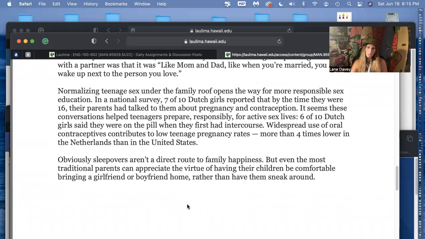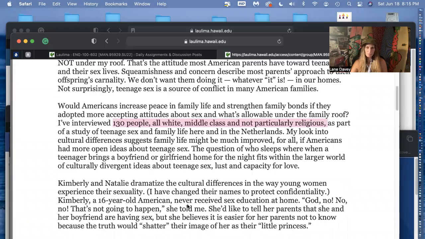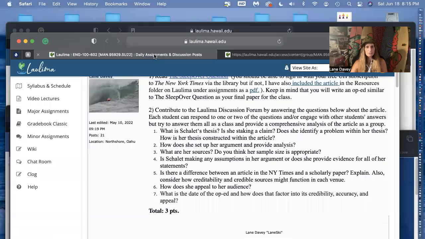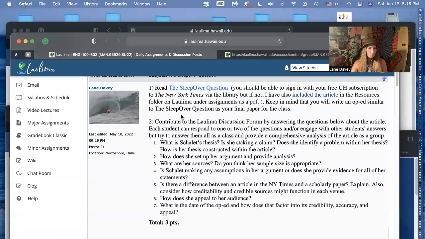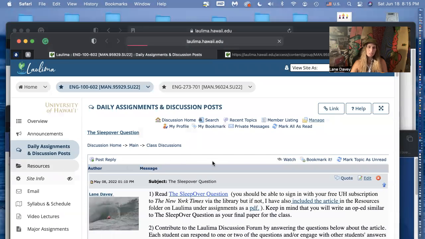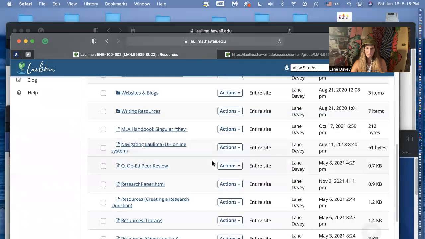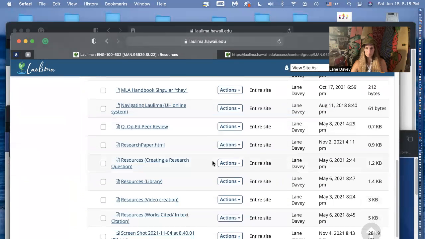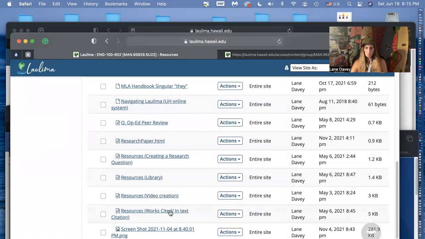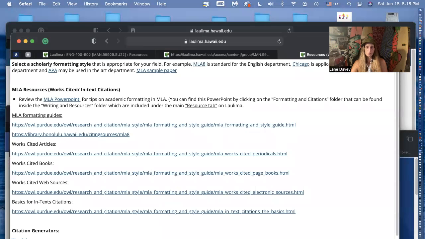So anyways, okay, I think that's pretty much what I wanted to go over with you guys. Except one more thing: just go to that resource folder. You can see right here, you can use these for the formatting guides. And so here's in-text citations for books, web sources, articles.